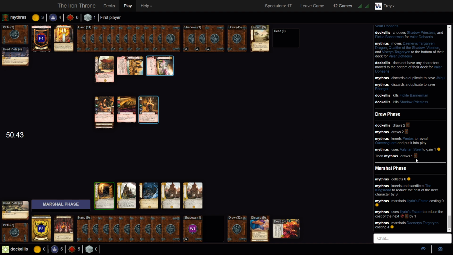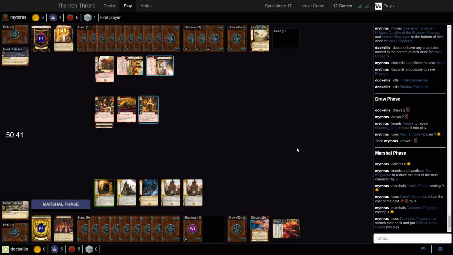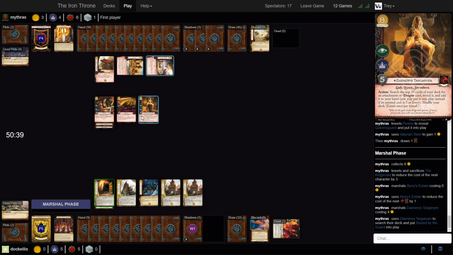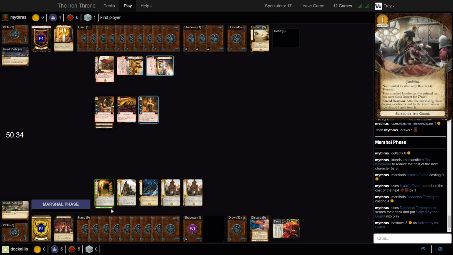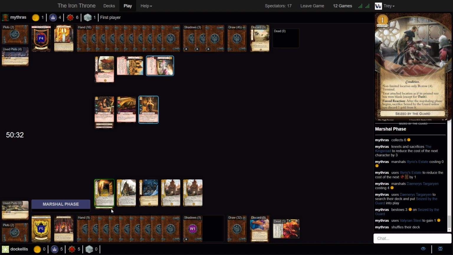Okay, drew the card in draw. I see. And then, so we know exactly what he pulled there, right? Mm-hmm. Well, you know one of the cards he pulled. He drew Seized by the Guard. Ooh, feels bad. Yeah, he drew Seized. And that's the big weakness of this deck. It's like you hit one Seized by the Guard against it, and you turn off